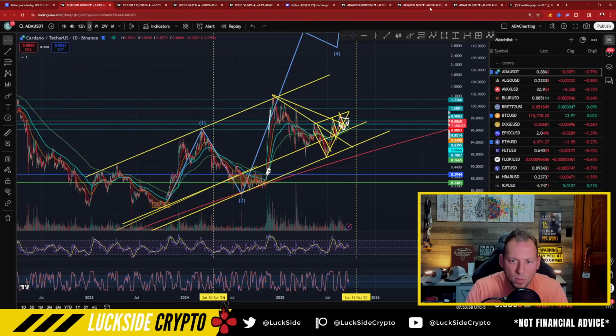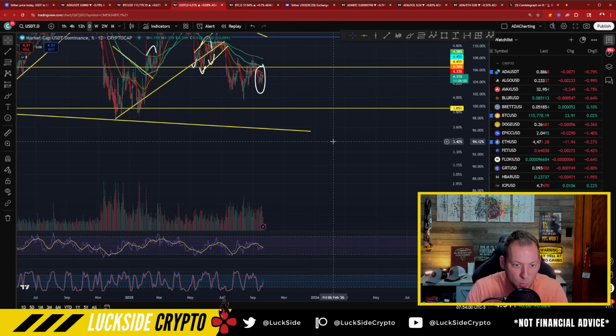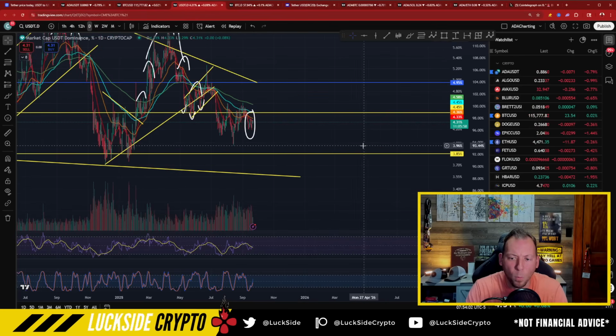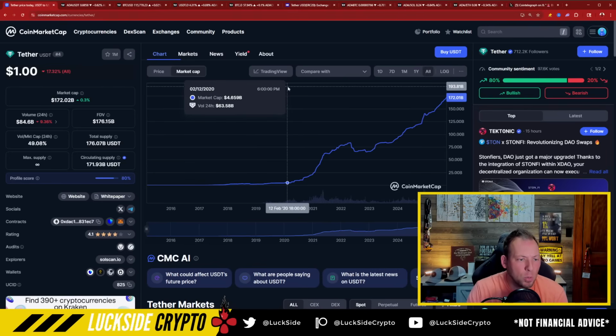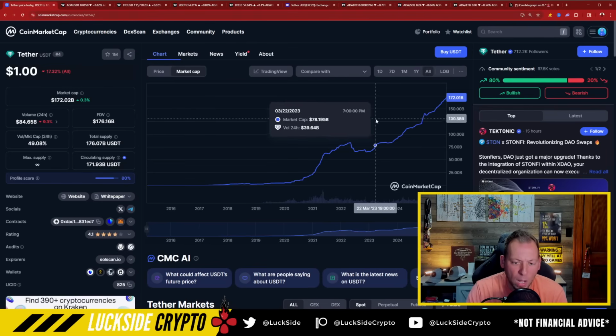So right now, in terms of USDT dominance, if I still have this pulled up, we're sitting at about 4.31%. When we were looking at late 2023, as this was kicking off, actually around the start of November is a really good reference point, it was about 6.6%. And so I was looking at USDT market cap, and what I noticed is that there's been a pretty significant bump since that period of time.